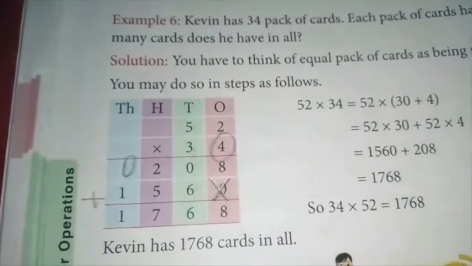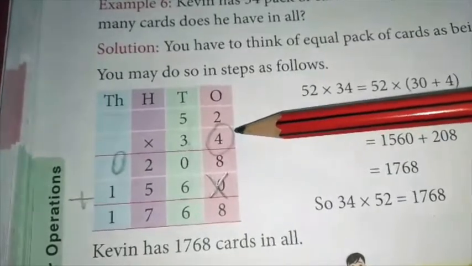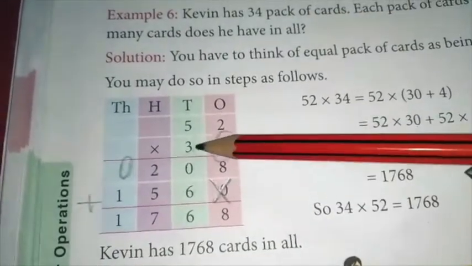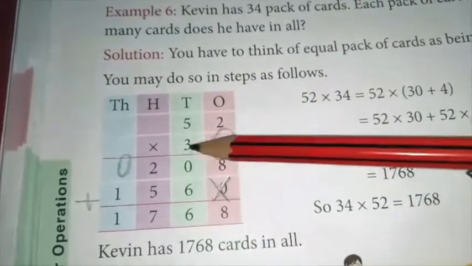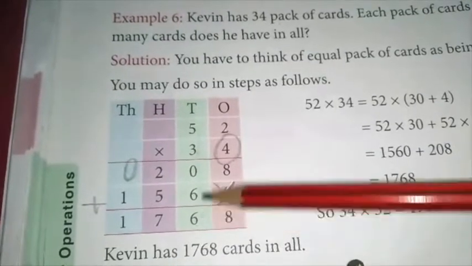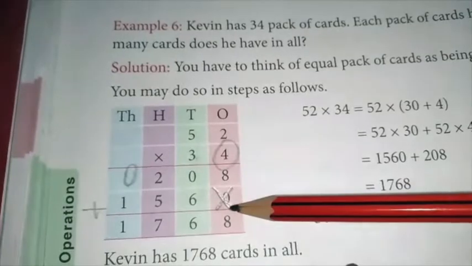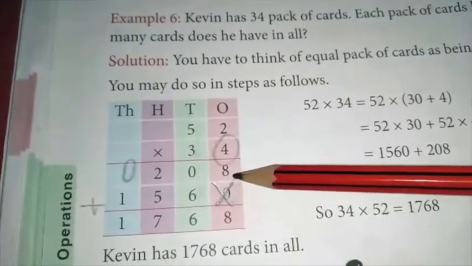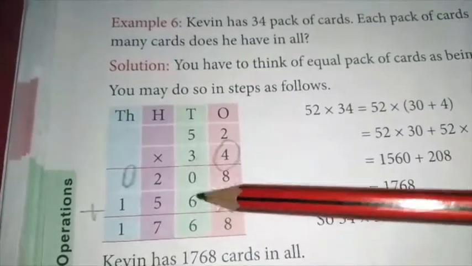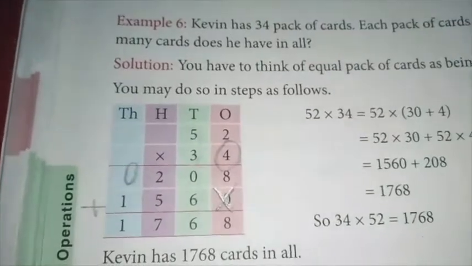So you understood how you do multiplication of 2-digit numbers. Like you were doing multiplication of a 1-digit number, the first step will be the same. Now for the second digit, you start multiplying and write the answers starting from the tens place, and just put a cross or 0 in the ones place. First you put a cross, this is the second step. Then you start multiplying and write the answer just below the tens place. And then you add, you get the result.